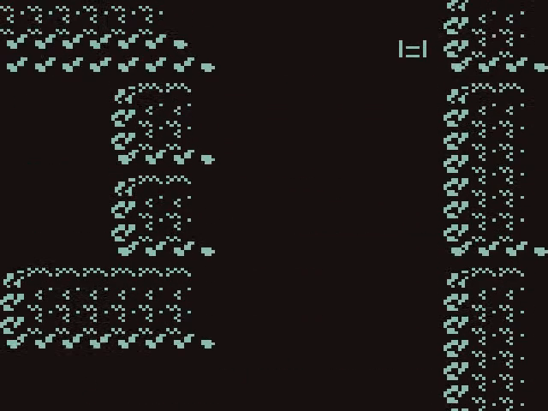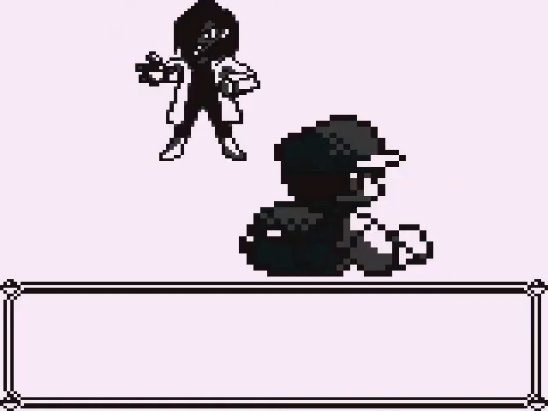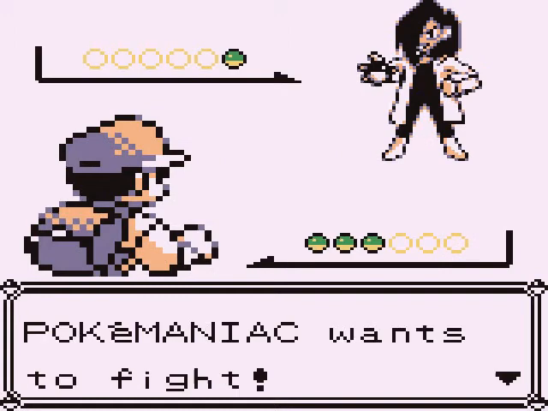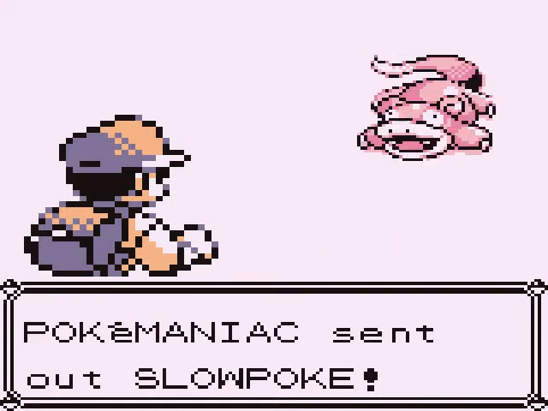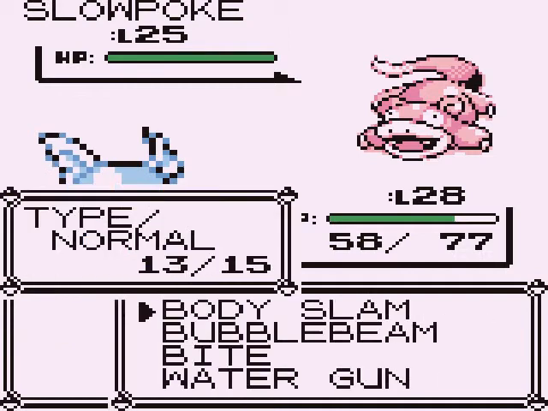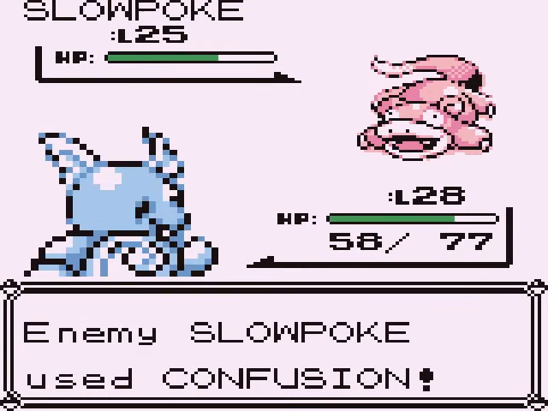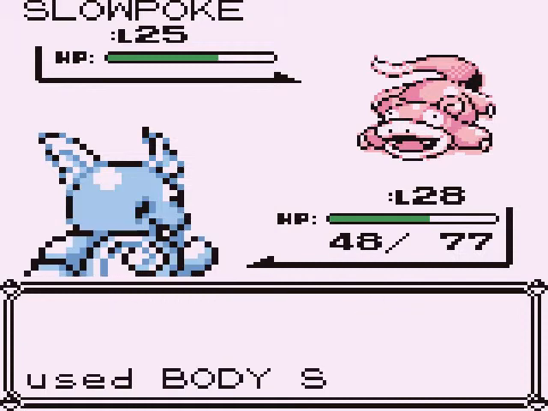You do not need Flash for this, but you do need those repels so that none of these Pokemon are coming at you here. And here, you got to fight a few trainers along the way. And for Slowpoke, I would say Body Slam is probably your best bet there. He does have confusion, which is quite troublesome, but